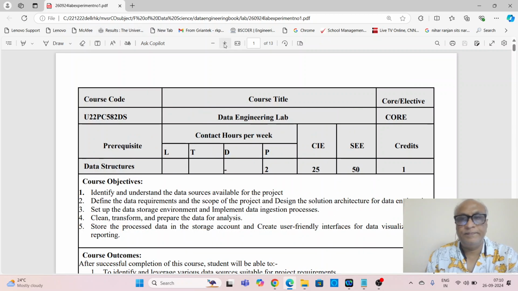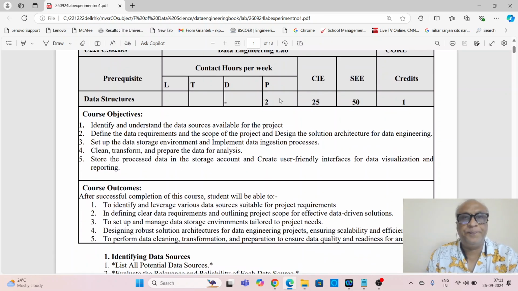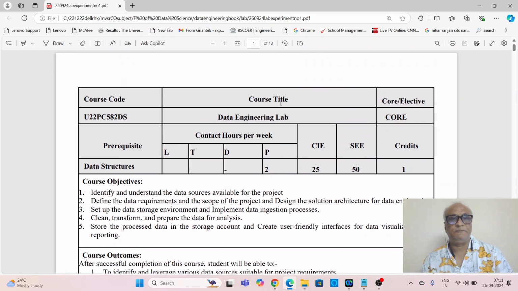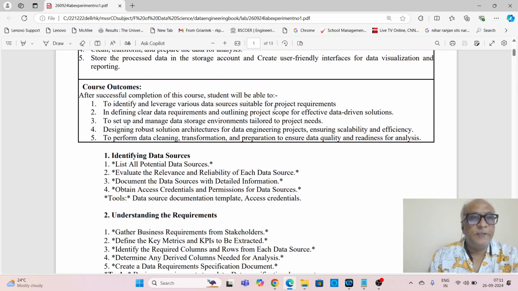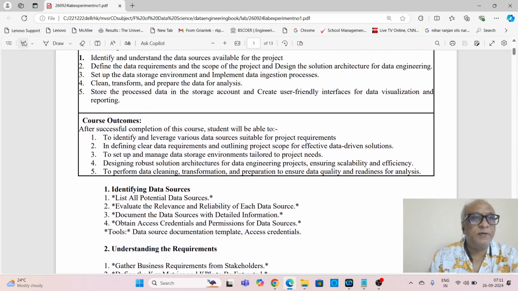This is data engineering lab, and today the target is to understand the first lab experiment. This is the first lab experiment,